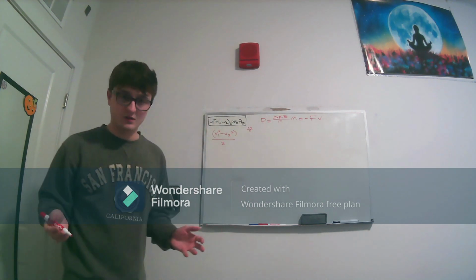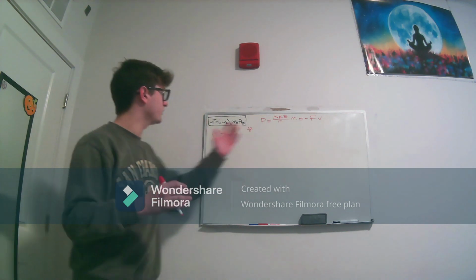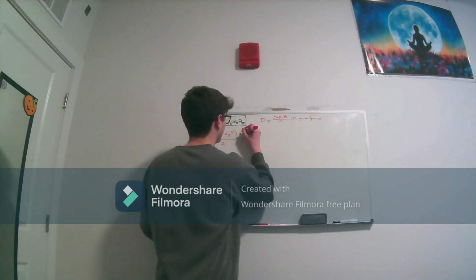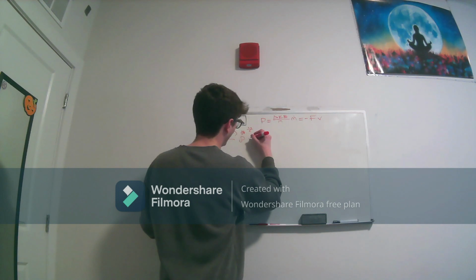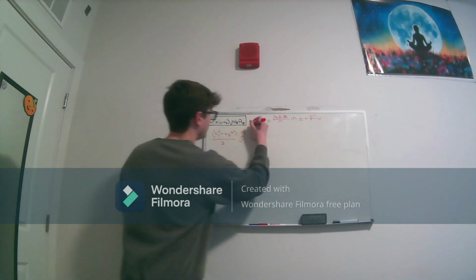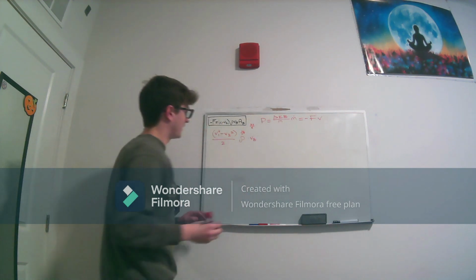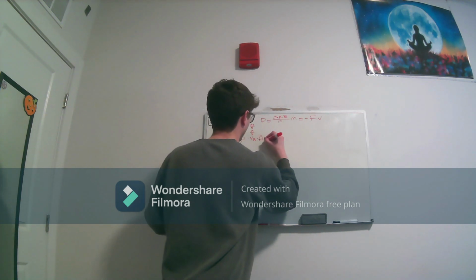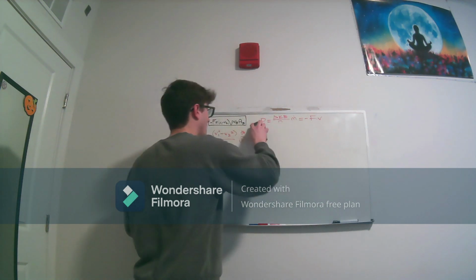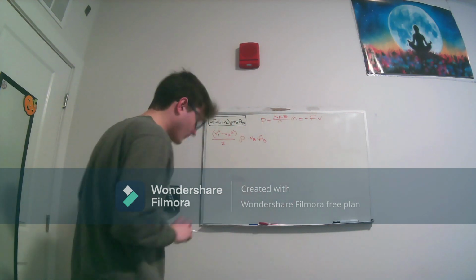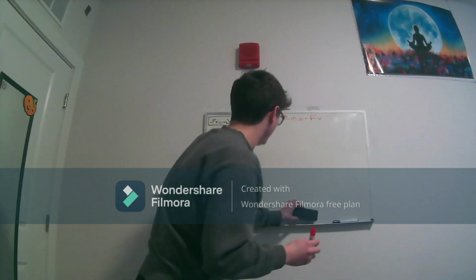Sometimes when I can't figure out exactly what to do, I like to think about units. We have kilograms per second. How are we going to get there? I believe it was rho for our density, which is kilograms per meter cubed, multiplied by our velocity at our blades, which is meters per second, and then multiplied by our area at B. So that is going to be our mass flow rate, going to be equal to,